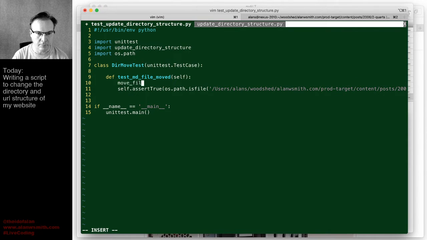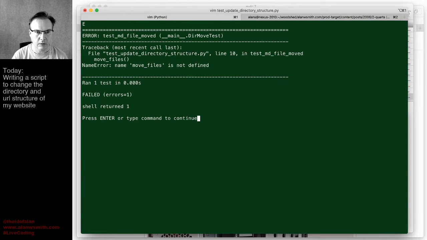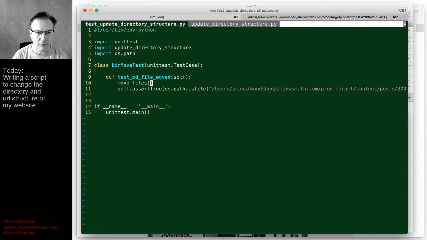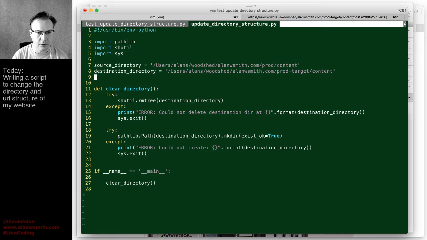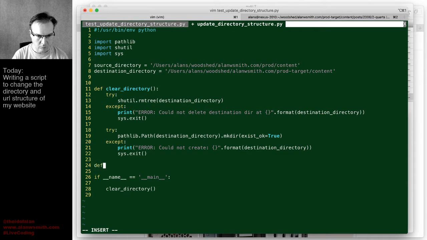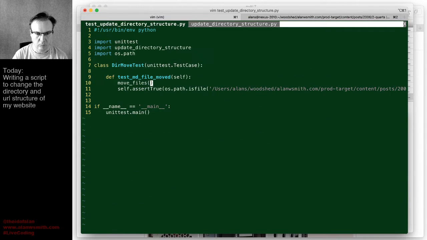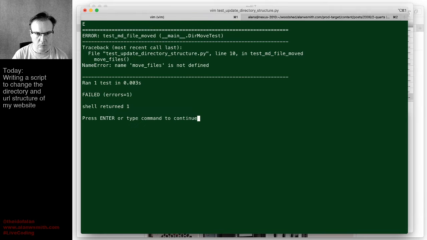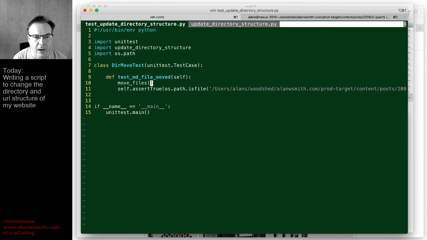So if I do move files, this should break because there's nothing called move files. But this will actually let me see if, I'm going to keep these alphabetical, move files, does this work? Print here. Actually, let's do this. Pass, which just goes past it. Whoops. Move files is not defined. Okay, so how do we get to